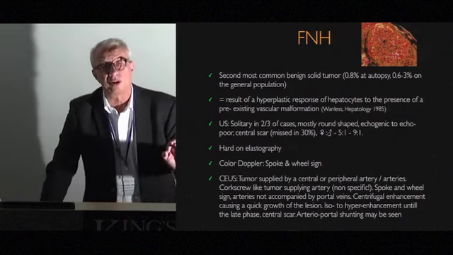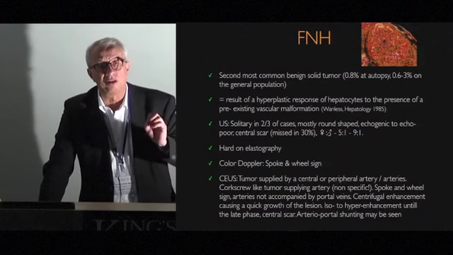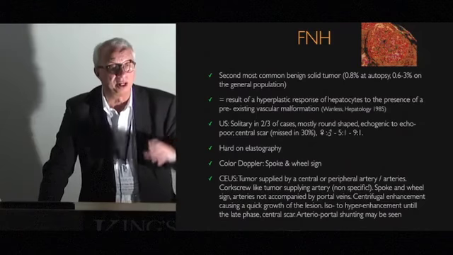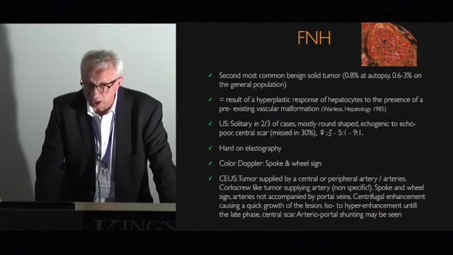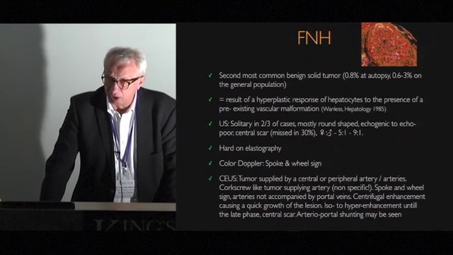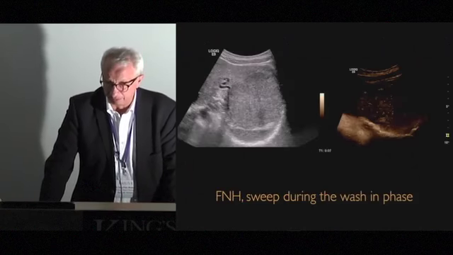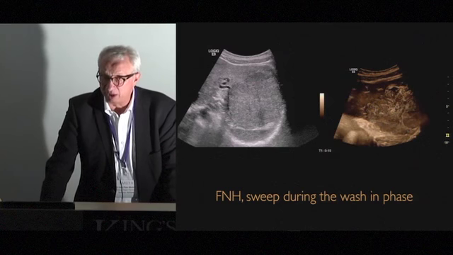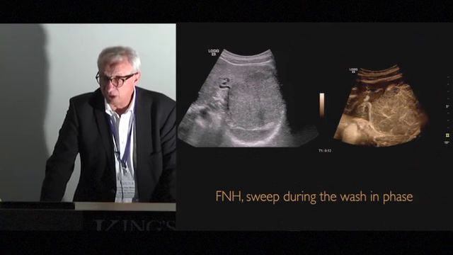So if you give the contrast and you have a high temporal resolution, then you can see the tumor starts in the center and then it's growing within seconds. So that is typical for FNH. Iso to hyperenhancement until the late phase, and the central scar and arterial portal shunting may be seen. So this is an example of an FNH of 8 centimeters, and you can see during the arterial phase the